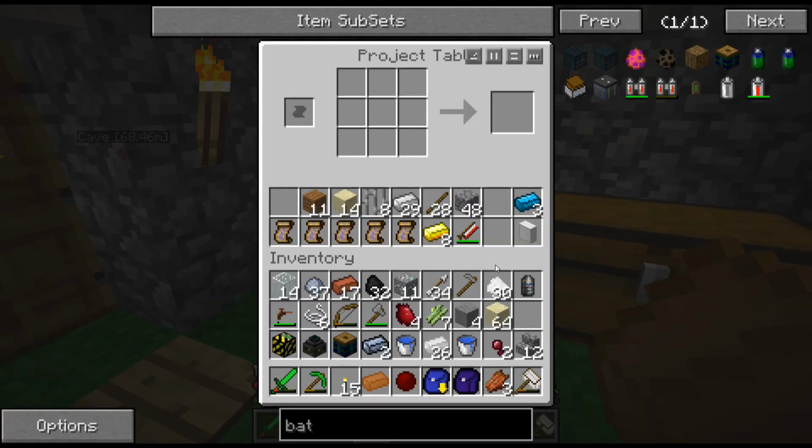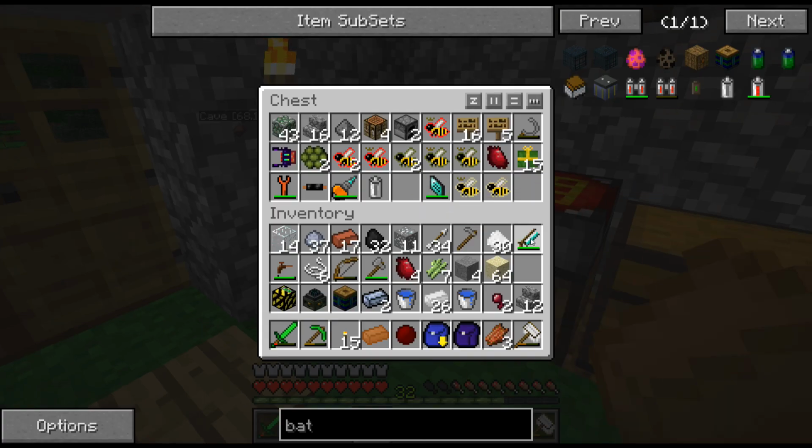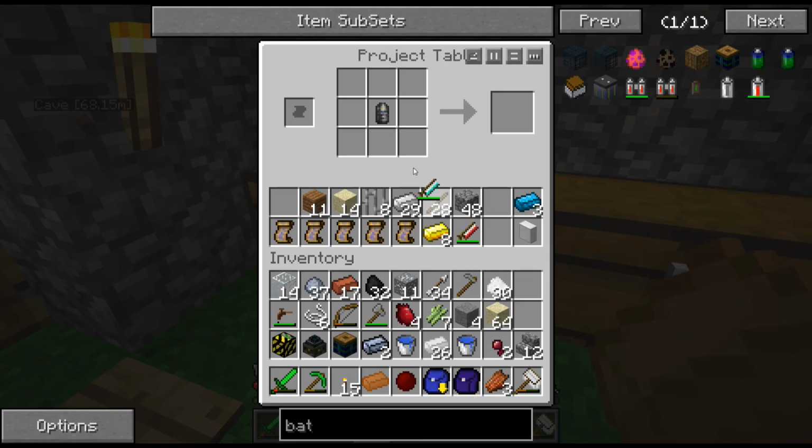Okay? So you put that in your bench here. I thought I must have pulled it out. Let's just leave that in there. And you get 16 silicon wafers. Now what you can do with the silicon wafers is we are going to be making solar panels,